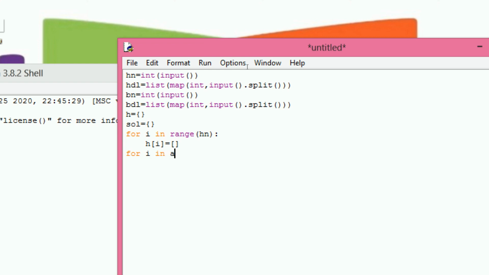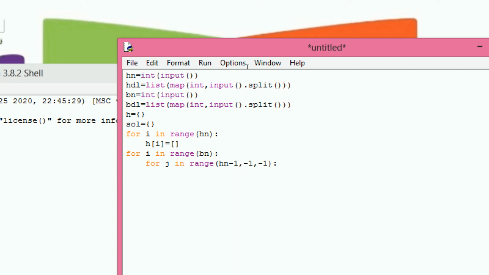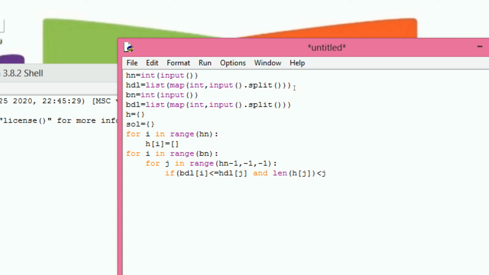For I in range of Bn, for j in range of Hn minus 1 comma minus 1 comma minus 1, if BDL of I less than or equals to HDL of J, and the length of H of J less than J plus 1, then H of J dot append BDL of I.